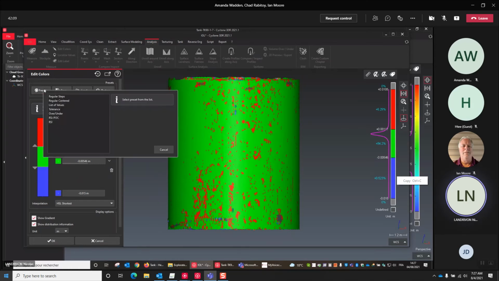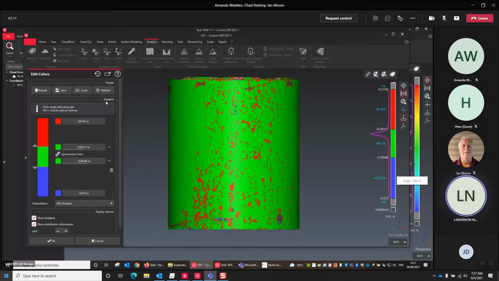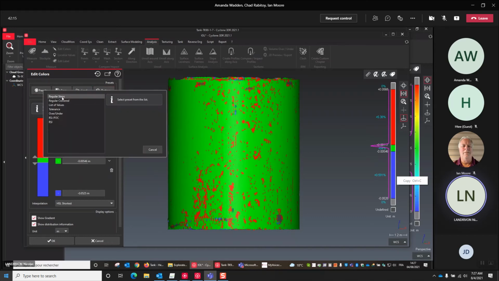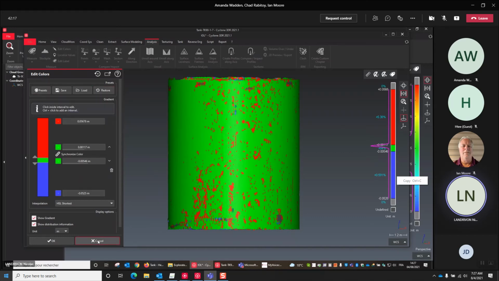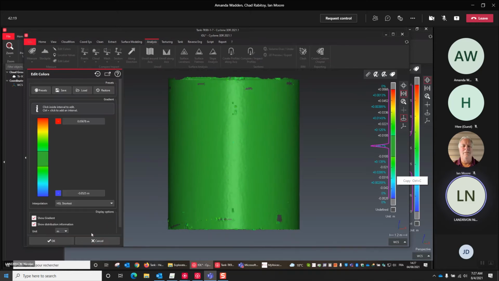So here you have some presets. If you want to come back to the previous, you can restore the previous version. You have different presets. So if I cancel, edit the color once again. Here you have the possibility to modify the tolerance to see a smaller, narrower tolerance.